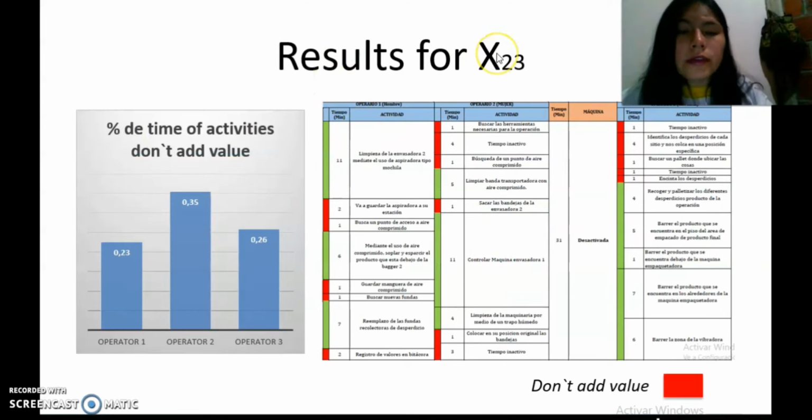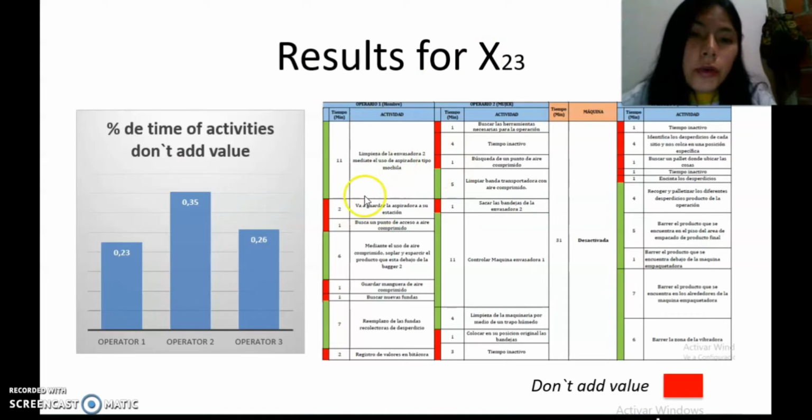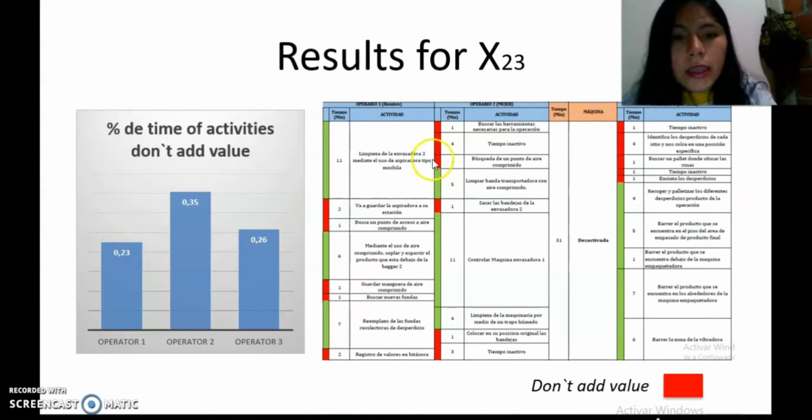For the last variable for cleaning time, a man-machine chart was made, and we can observe that the operators do activities that don't add value, and we are going to reduce them to reduce our cleaning time. That means this variable is significant for